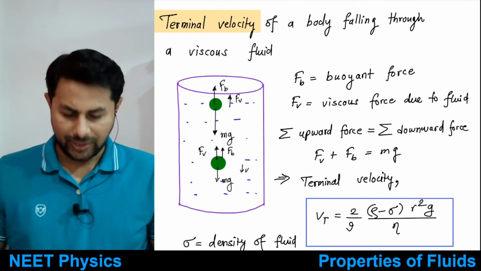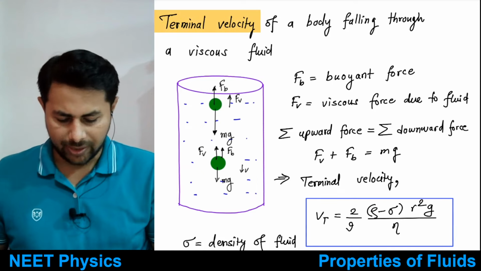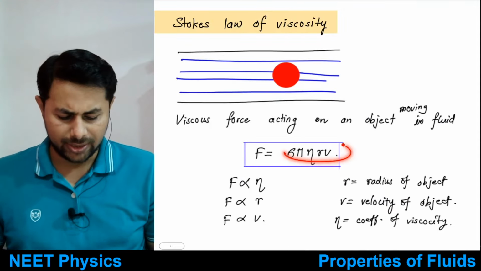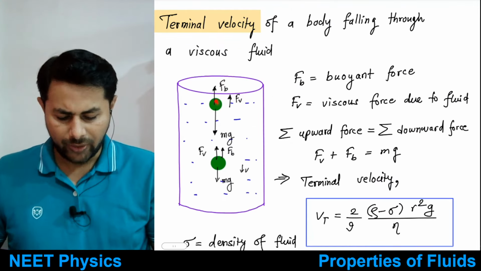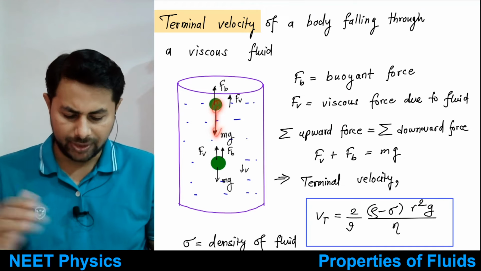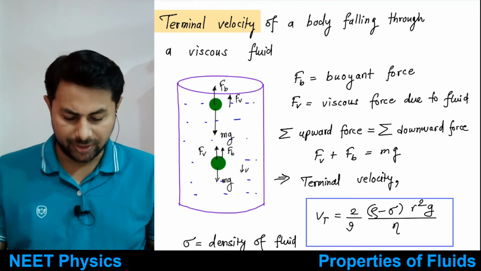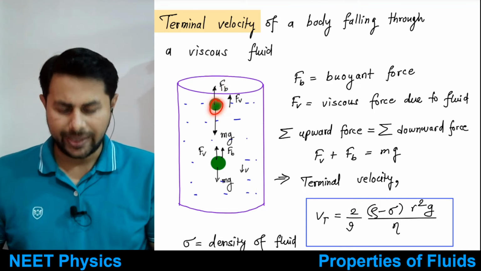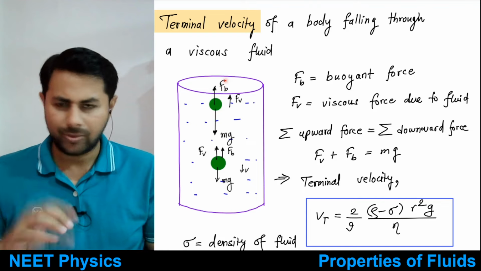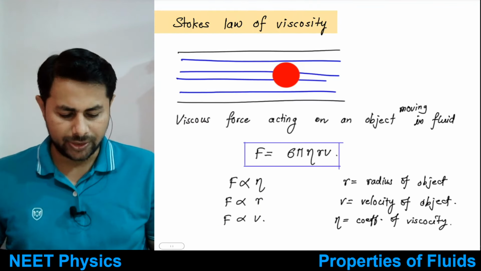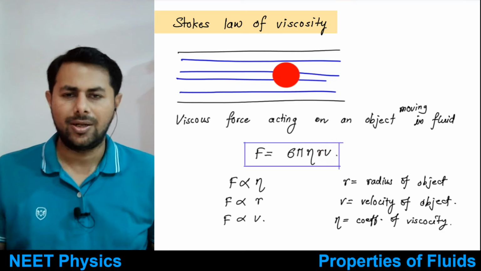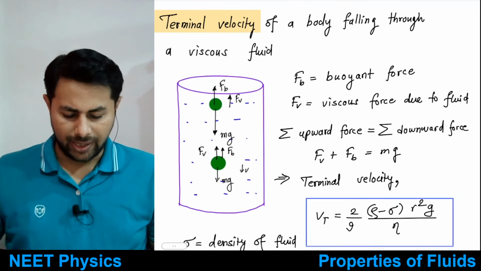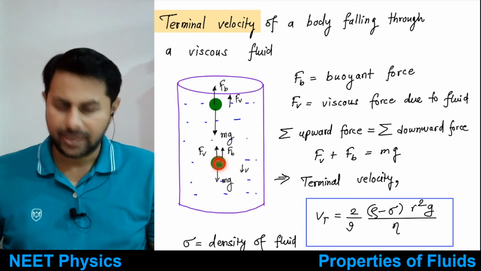Once it begins to move, there will be a viscous force due to the fluid acting on it, and the viscous force is given by Stokes' law. Initially, suppose the gravitational force is more, that means its weight is more compared to these two forces, the buoyant force and viscous force. But as its velocity increases, the buoyant force will remain the same, but the viscous force is directly proportional to velocity. So as its velocity increases, the viscous force will go on increasing, and at some point, let's say here,